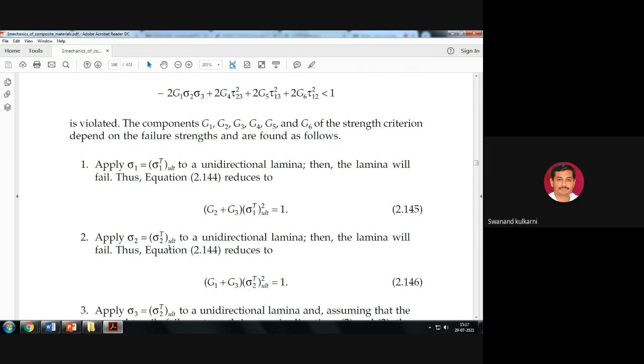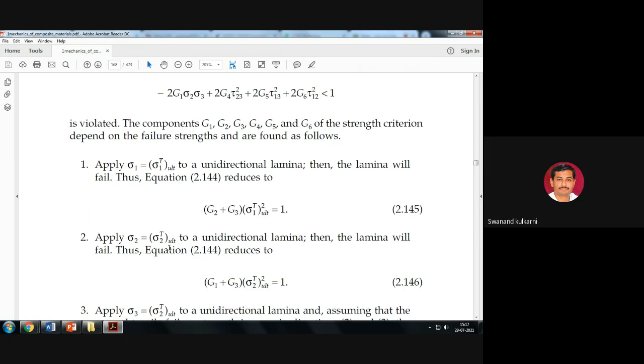Try to understand this. Tensile force is applied in the direction 1. Due to application of this tensile force in the direction of 1, the tensile stress is generated, and that tensile stress is sigma 1. So that is again sigma 1 to the base ULT, ultimate, and it is T. T means tensile in nature. So when sigma 1 is equal to sigma 1 T, then the unidirectional lamina will fail. So for that purpose, the equation used here is G2 plus G3 sigma 1 tensile in nature,